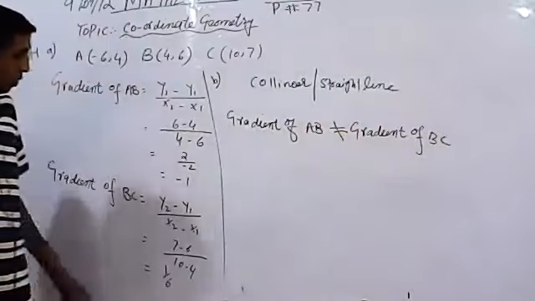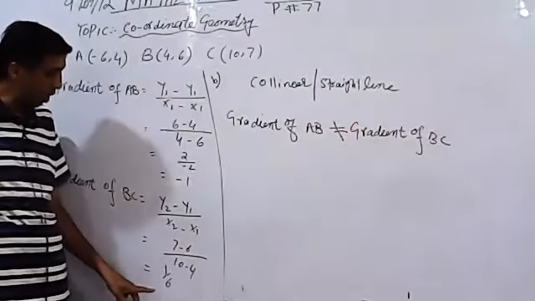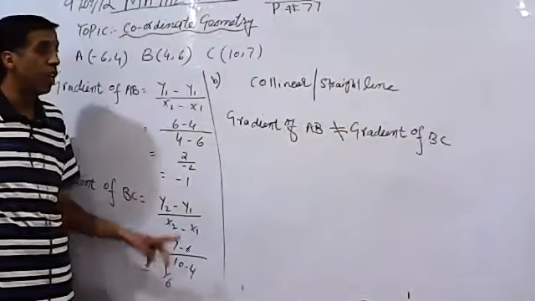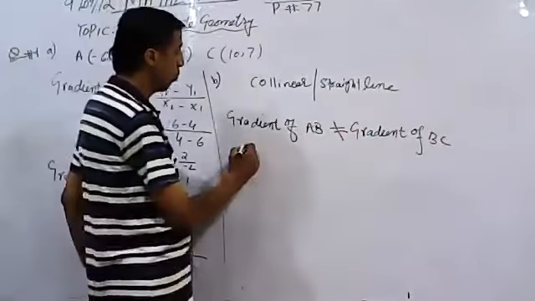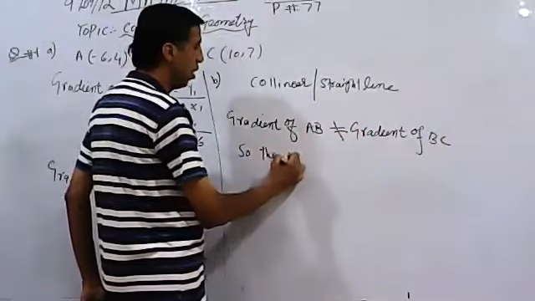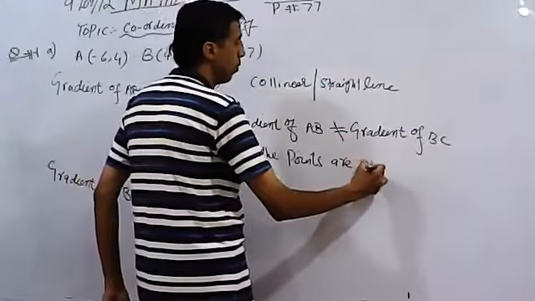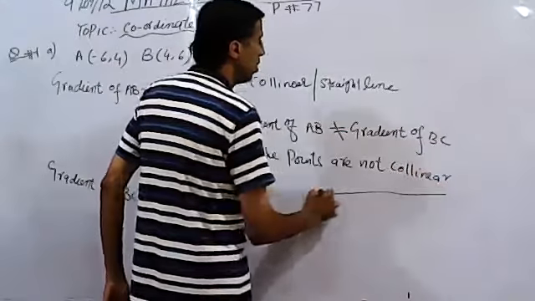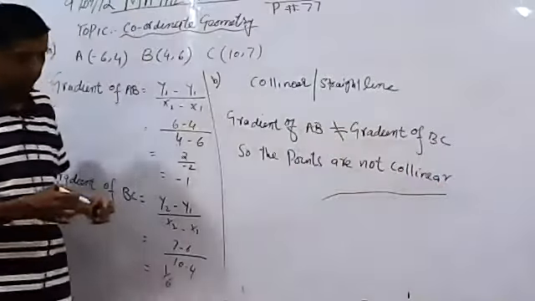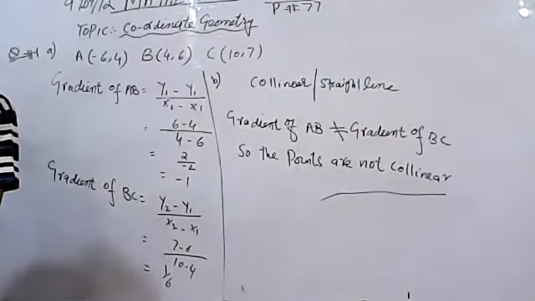When we see the answer of AB is -1 and the answer of BC is 1 by 6, both the gradients are not same. So the points are not collinear. This is a not equal to sign. This we have shown. Now in the B question number 2, we do